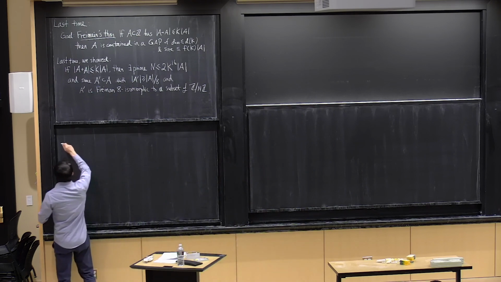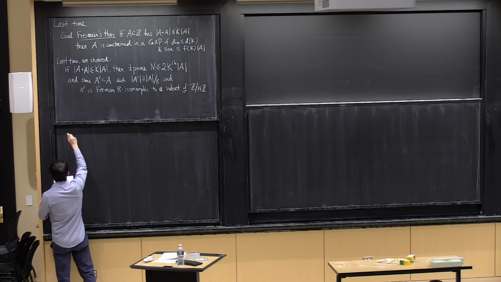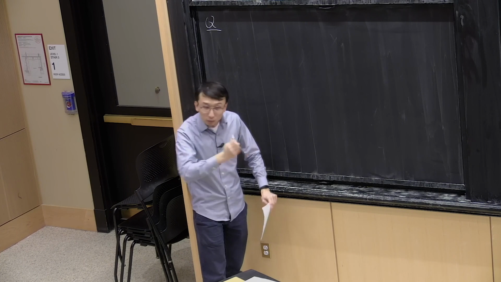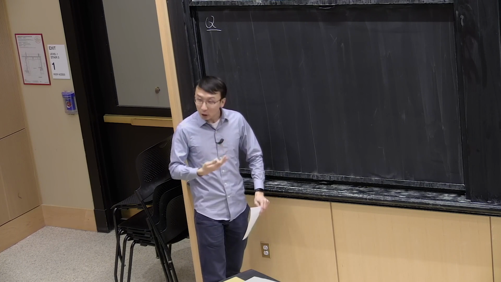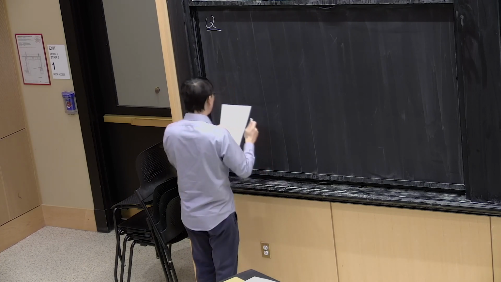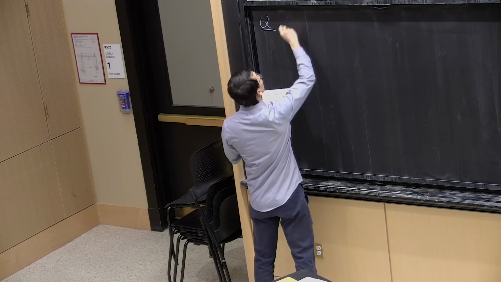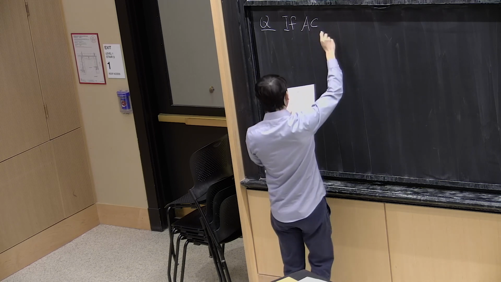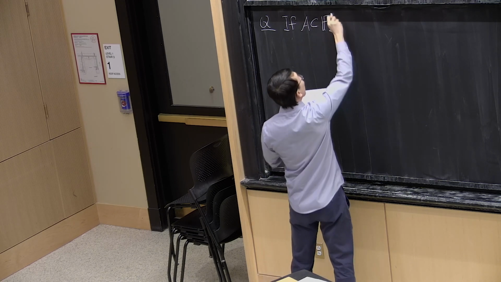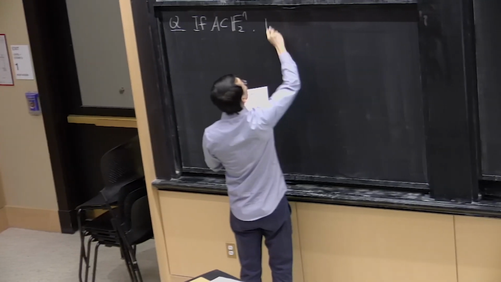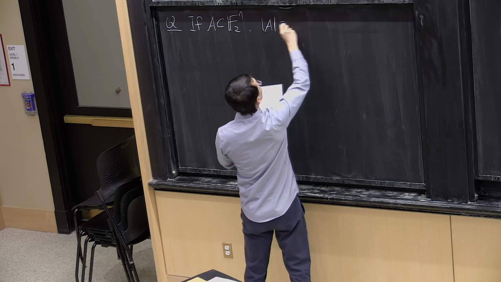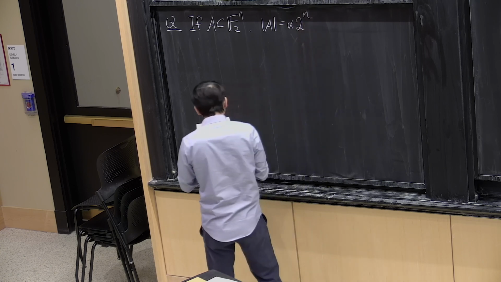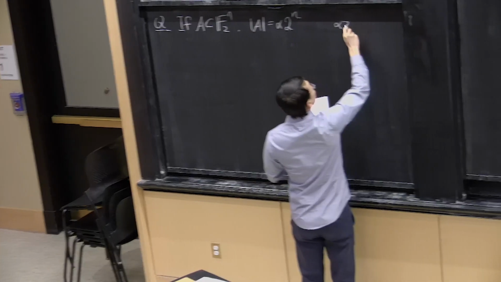So let me begin by motivating it with a question. And we're going to start, as we've done in the past, with a finite field model, where things are much easier to state and to analyze. The question is, suppose you have a set A, which is a subset of F_2^m, and A is an alpha proportion of the space, where you think of alpha as some constant.